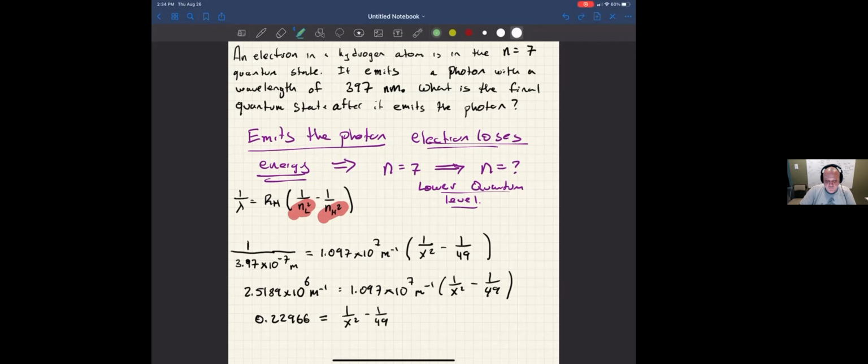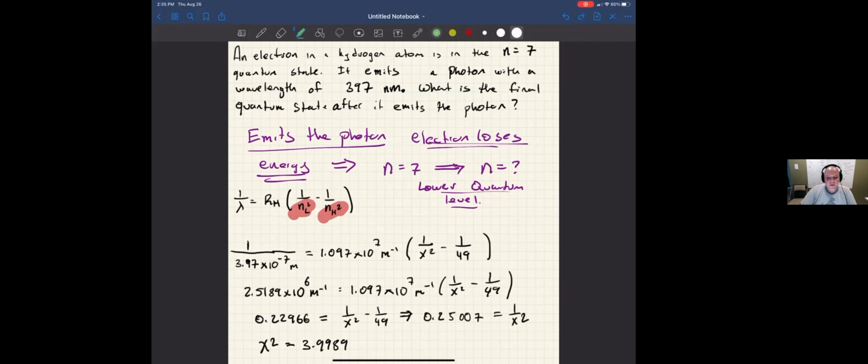So if I add 1 over 49 to both sides, I get 0.25007 on the left side, and that's equal to 1 over x squared on the right side. Now, I want to solve for x squared, ultimately to solve for x. So I'm going to take the inverse of both sides in order to get x in the numerator. And so I end up with x squared equals